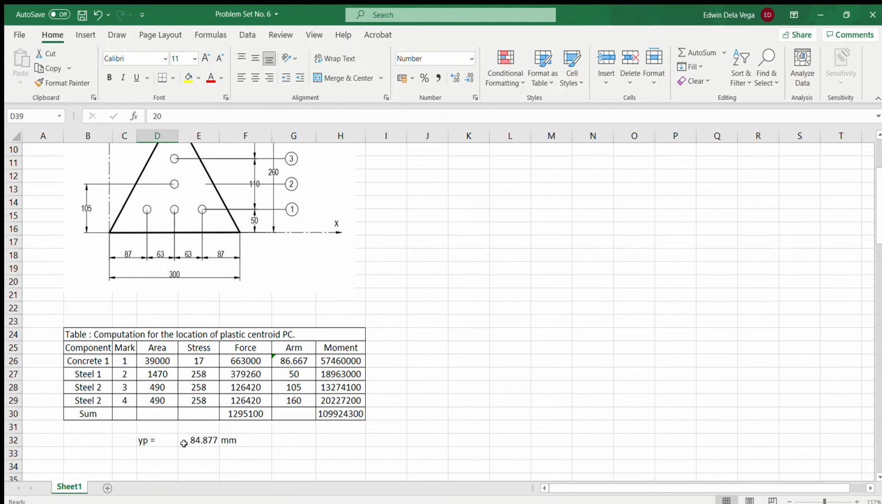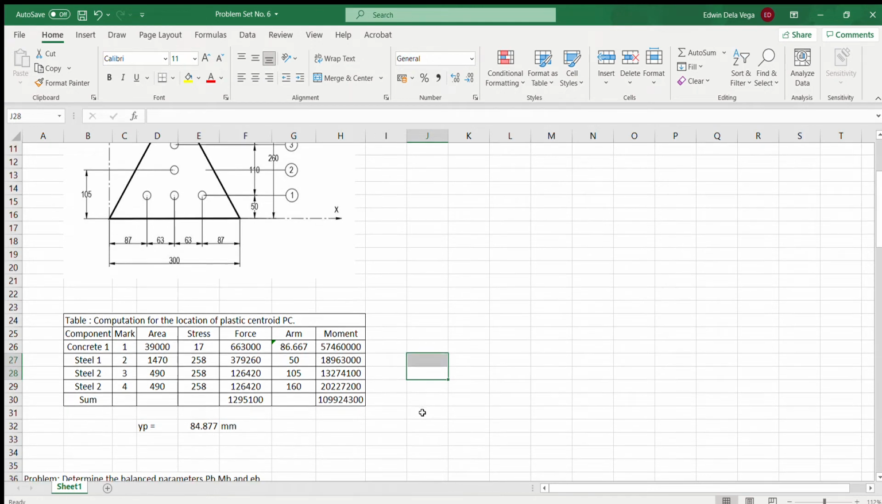location. But if your section is symmetrical and the shape is also symmetrical, then the geometric centroid is the same as that of the plastic centroid. It's easy to locate it. Okay. So how about the balance